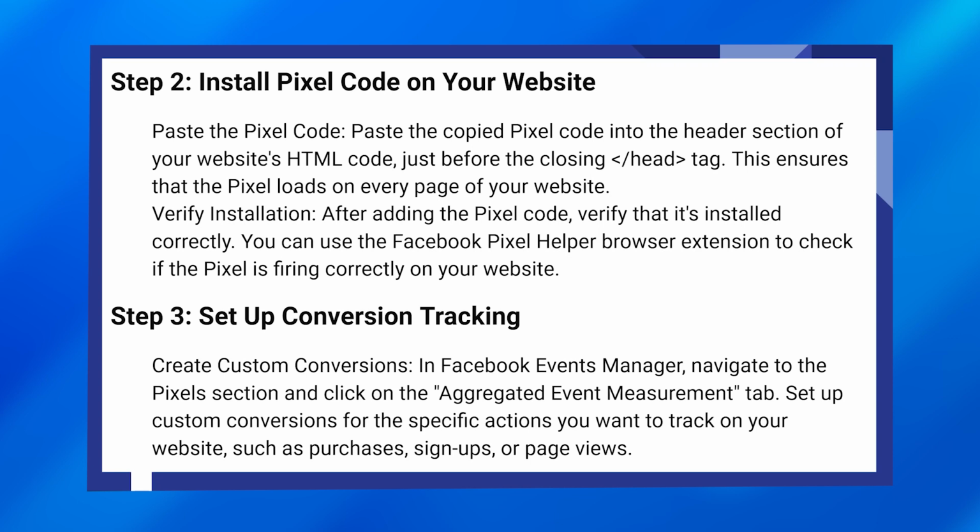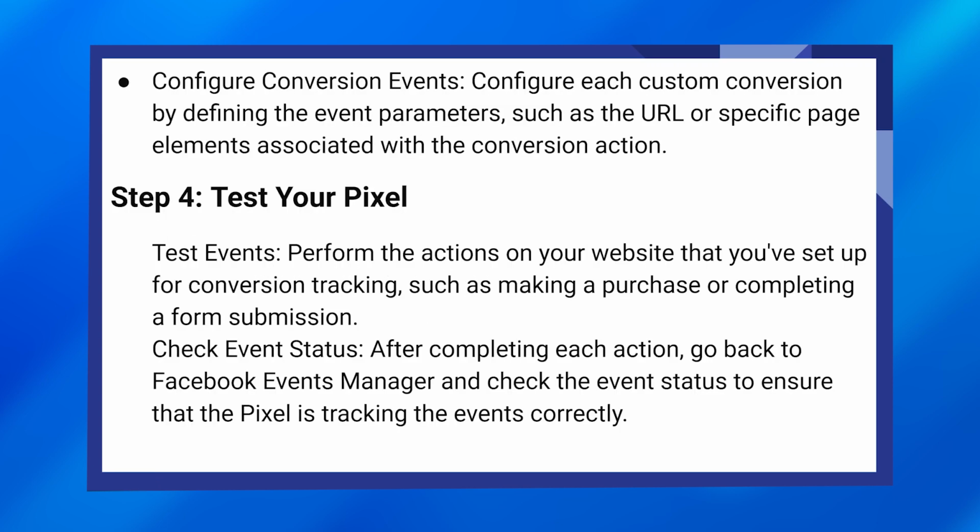Set up custom conversions for the specific actions you want to track on your website, such as purchases, signups, or page views. Configure each custom conversion by defining the event parameters, such as the URL or specific page elements associated